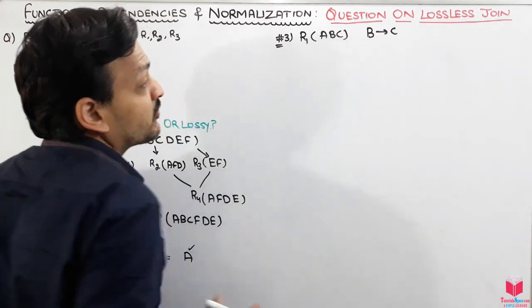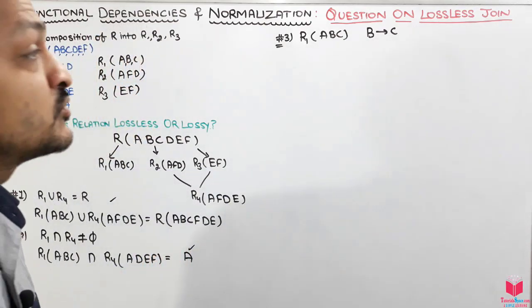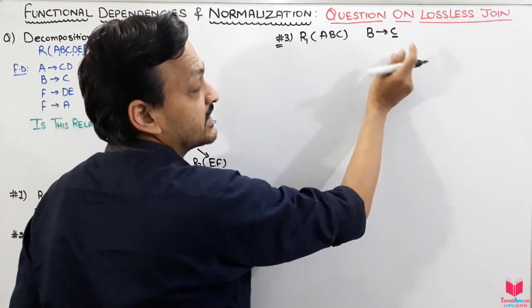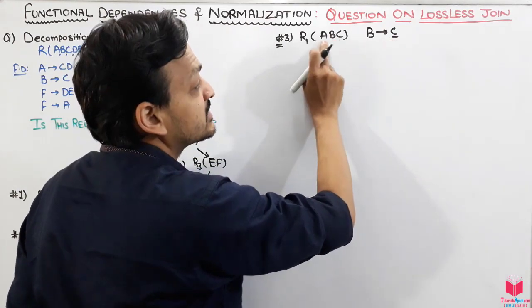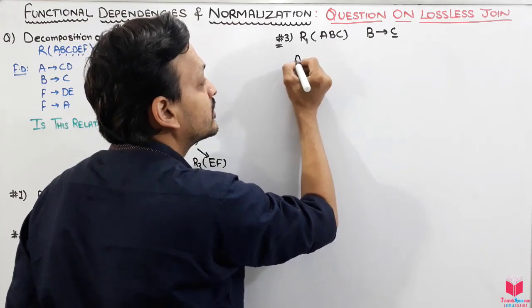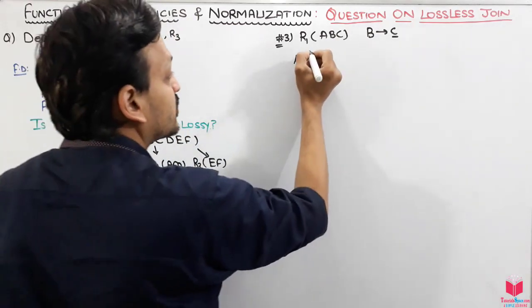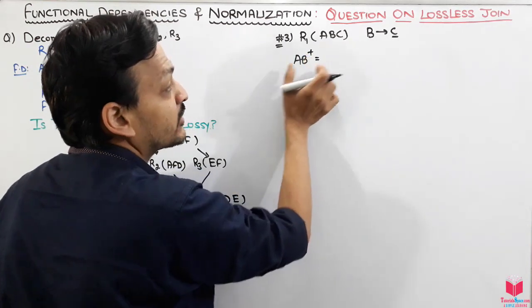So from this, how can we find the super key? This is the left hand side, this is the right hand side. C, it contains C only. So that means the remaining ones are AB. From AB we will take its closure, and in the closure we will see that it should contain all the attributes.